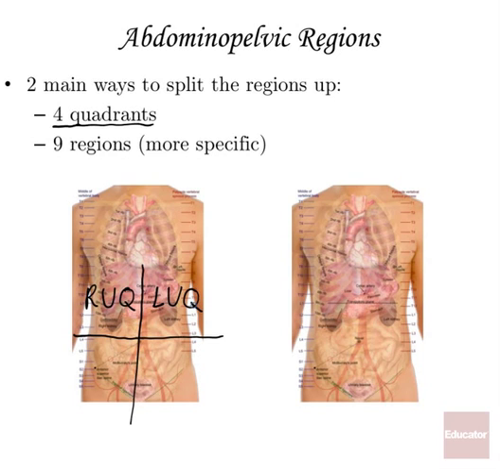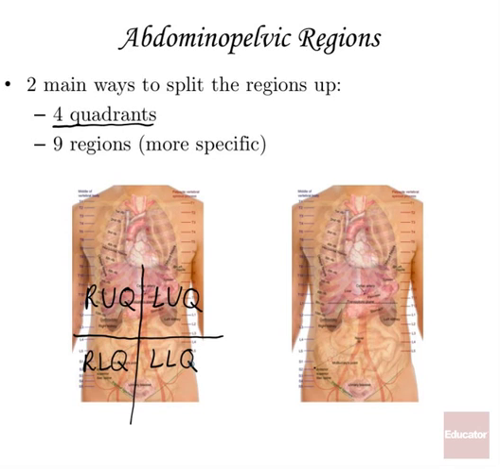Makes sense. You can probably guess what's inferior to that or below it. The right lower quadrant, and of course the left lower quadrant. The right lower quadrant, or lower right quadrant, comes up in emergency rooms now and then because of an